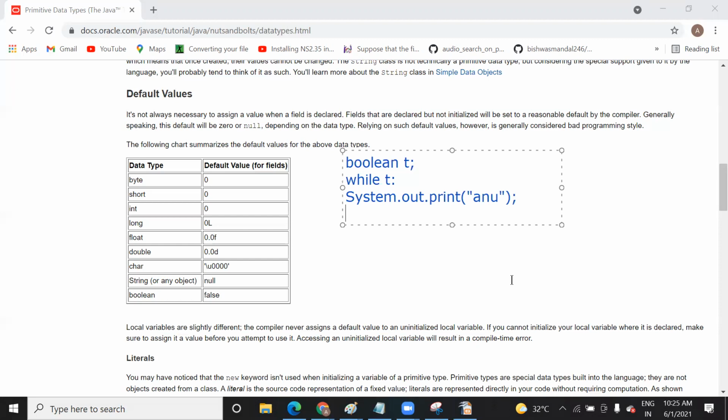Otherwise, I can do one thing, t is equal to int. Actually I'm explaining in Python, just wanted to explain you the logic. So t is equal to, you know about Python, right? Yeah.